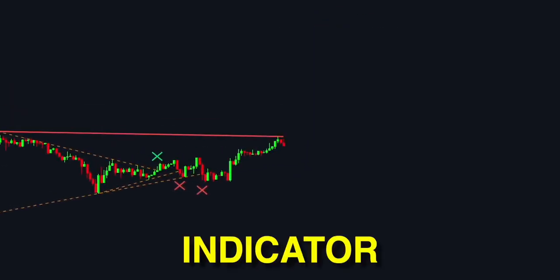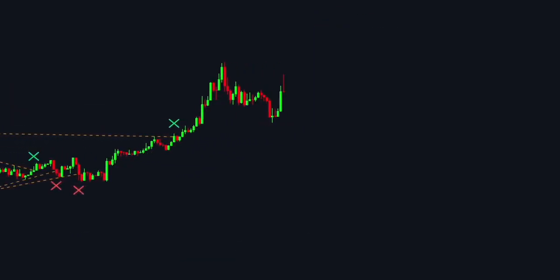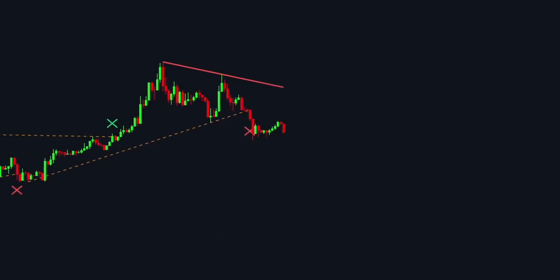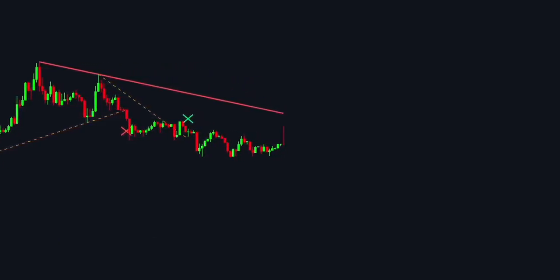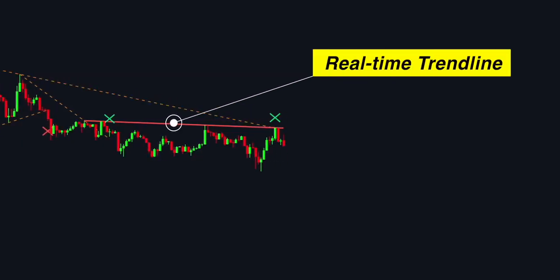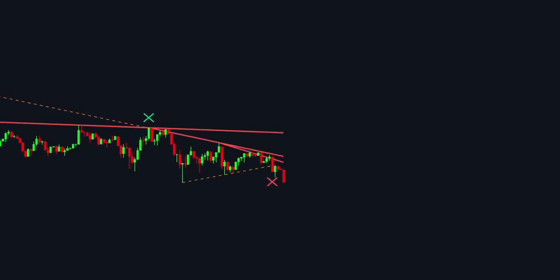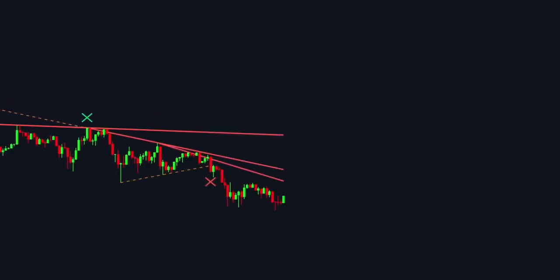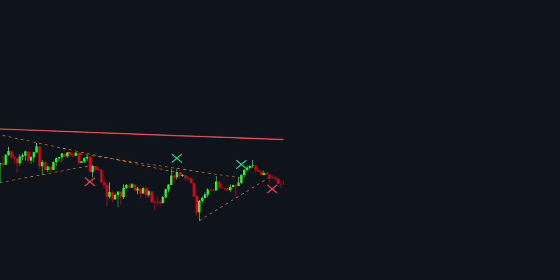I found a new indicator on TradingView that will do all the work for you. This tool is called the Trendline Pivot, and it automates the process, ensuring consistency and accuracy, all while saving you valuable time. It not only identifies and draws the trend lines for you, but it also alerts you when price levels breach a trend line. Plus, it even differentiates between active and breached trend lines by changing the line format. So stay tuned, because in this video I will show you how to use this indicator correctly to start making